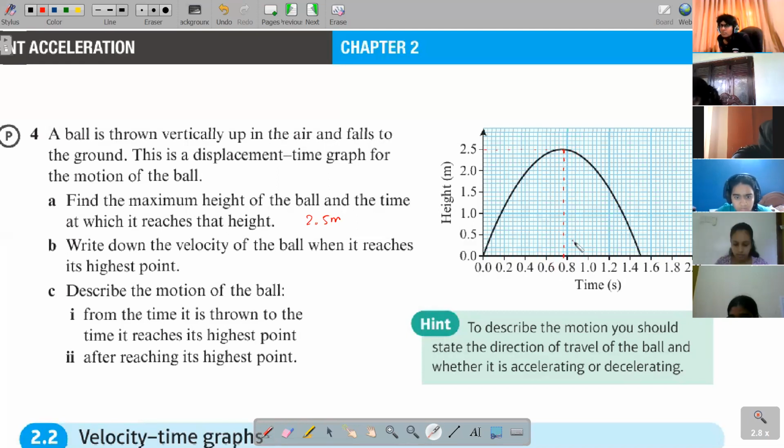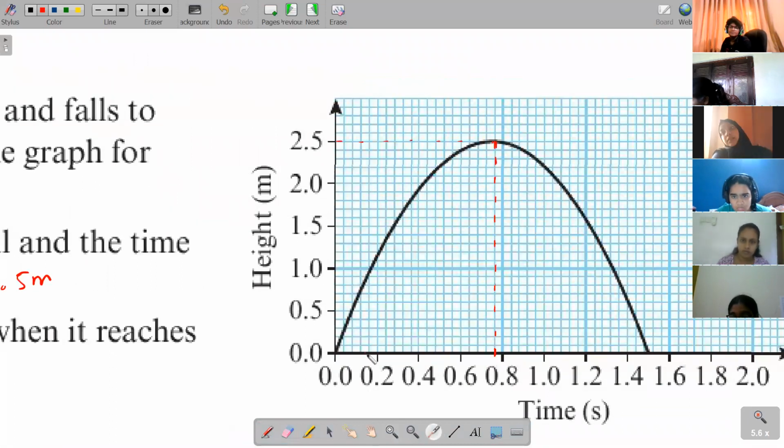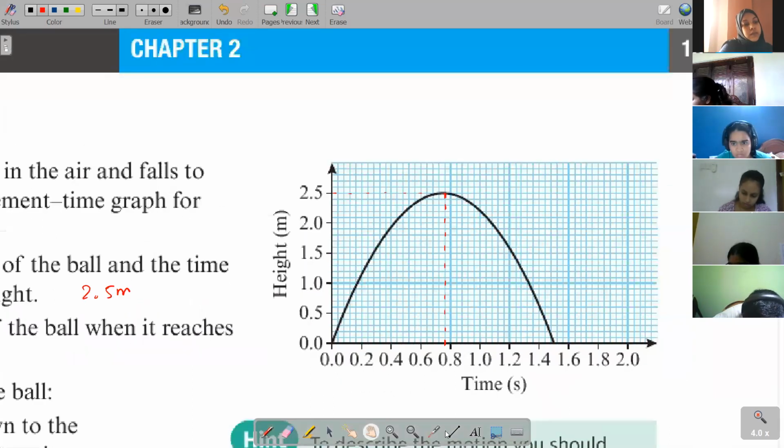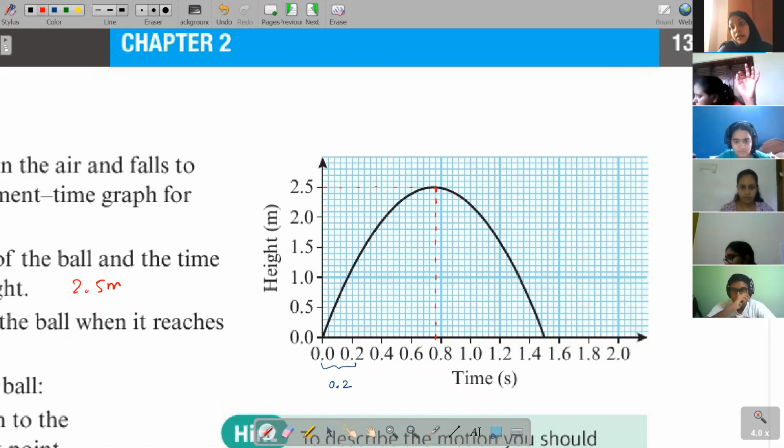So what is the value of a very small square here? Look at the x-axis. There is a gap of 0.2, and it is divided into 5 small squares. Learn how to take the value. Divide by 5. There are 5 small squares representing 0.2. So what's the value of one small square?